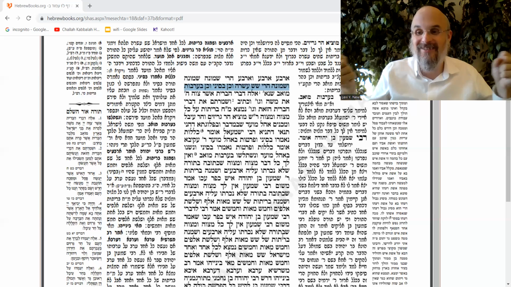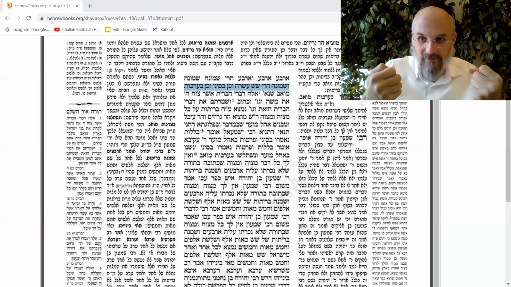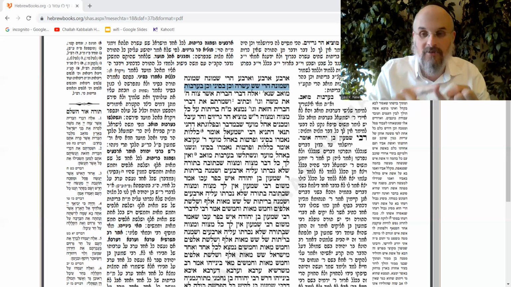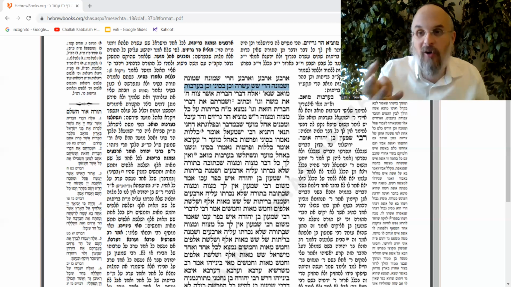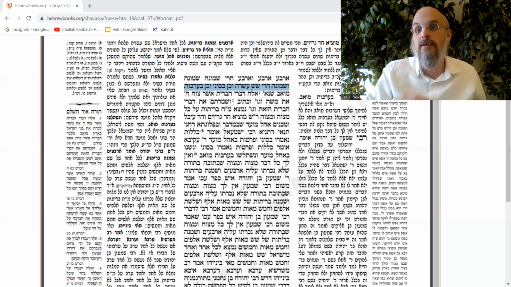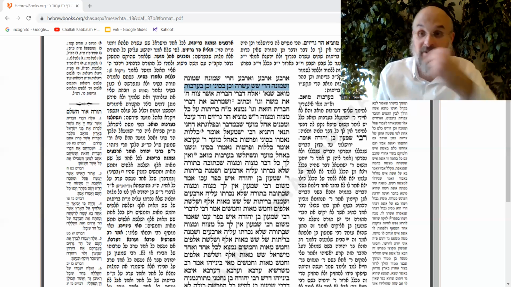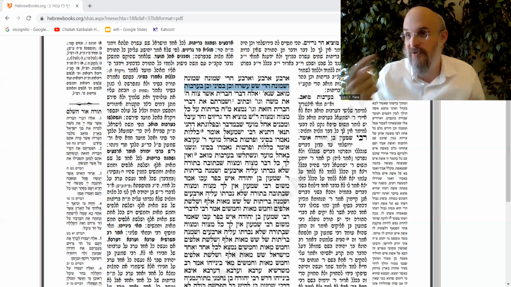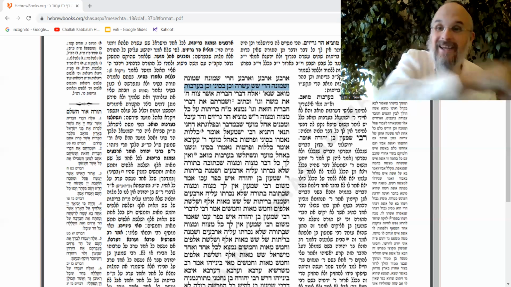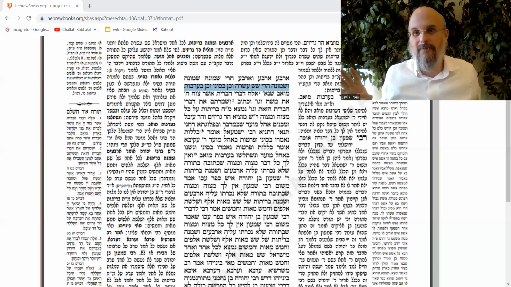So in each of these four manners of serving Hashem, learning, teaching, performing, and guarding, you have all four elements of blessings and curses: closeness in general, closeness in specific, and the fear of distance or disconnect in the general and the specific. That's what I was saying. Take those four blessings and curses and apply them to all four of those categories.